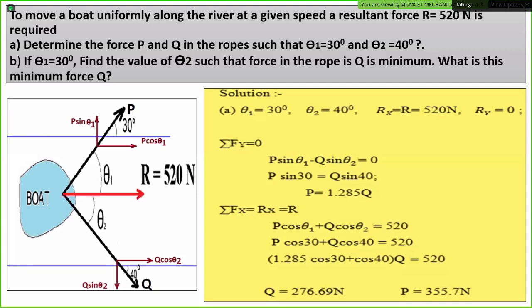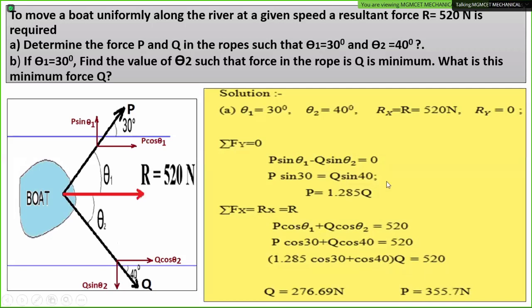So this is the logic you are going to use: if the resultant is R, its x component will be R cos theta, which is nothing but summation of Fx. Resultant R, its y component will be R sin theta is equal to summation of Fy. If the resultant is horizontal, its x component will be the resultant itself and y component will be 0. If the resultant is vertical, its y component will be the resultant itself and x component will be 0. Okay.